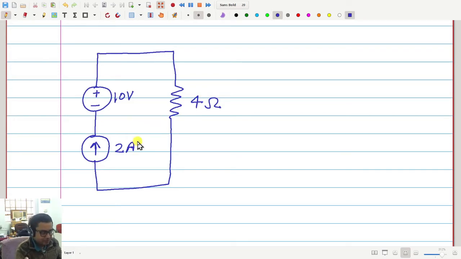Sir, I have a doubt. Yes. Whenever a current source is used in the circuit, the current in the circuit will always be the same, or the current through the particular source will always be the same? The current through the source will always be the same and equal to the value of the source. Current through the source.